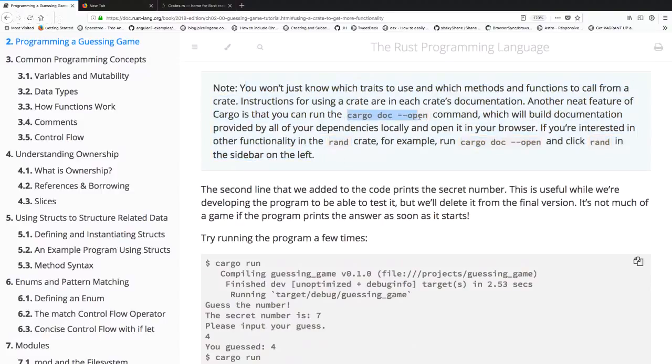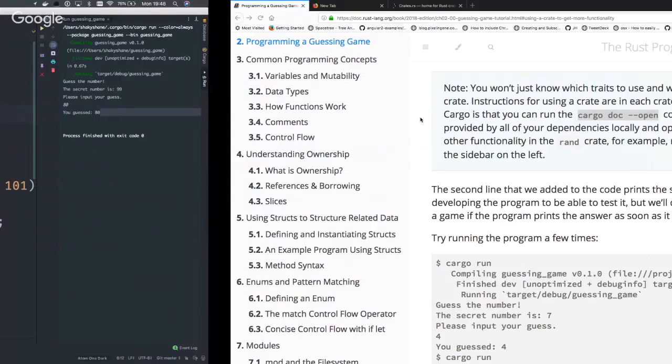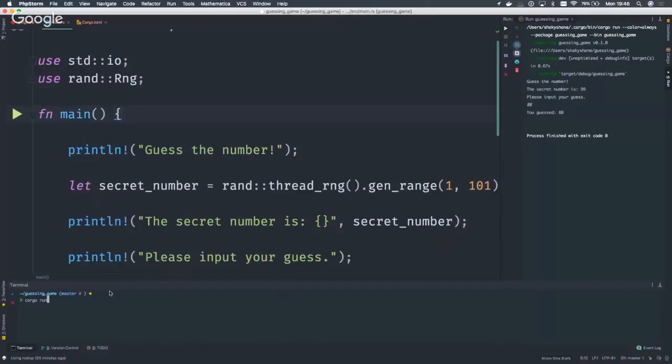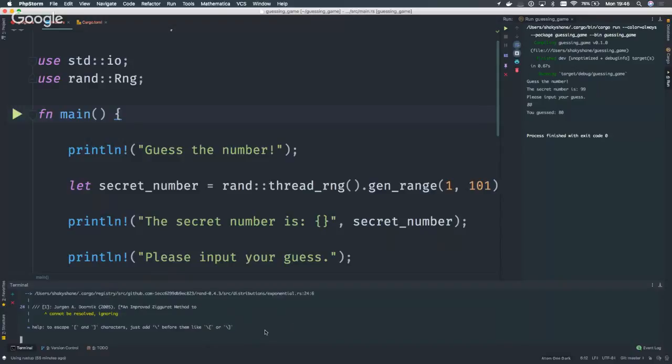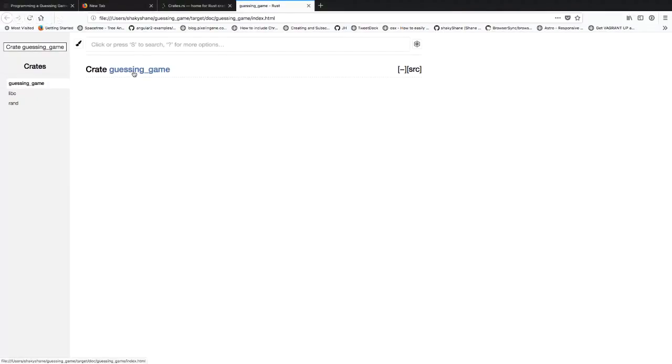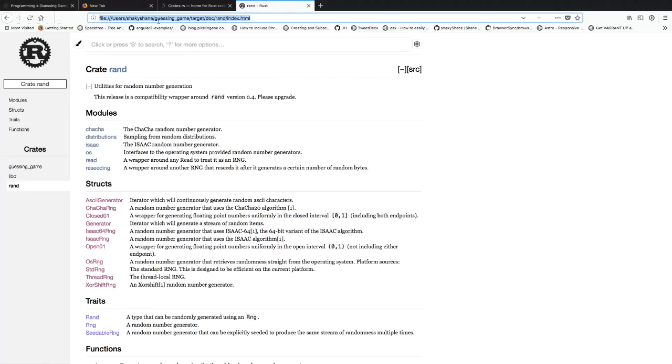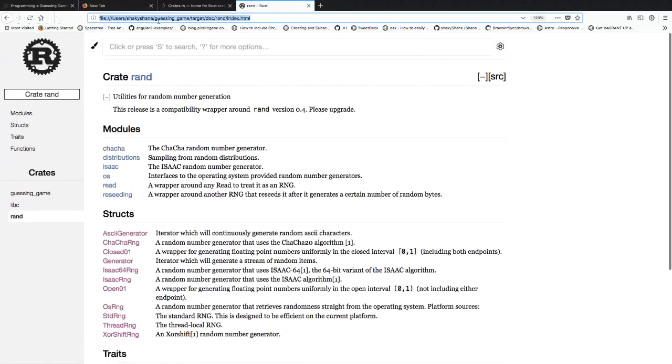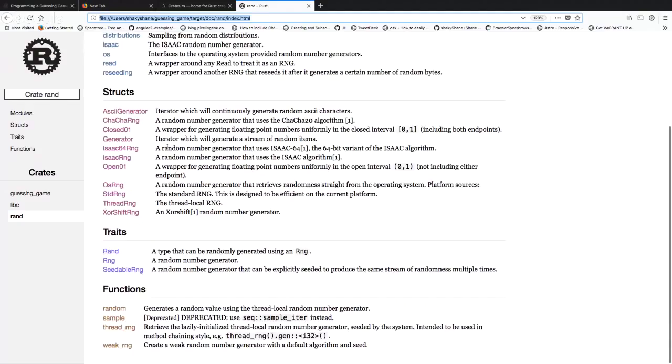Oh, this is a good one, yeah. So I've just been using this. Cargo Doc is saying that you can use this tool. This is interesting. It's going to look at the actual program that you've written so far and generate documentation for your program plus the packages you've used. And you can see that actually, this is not on the internet anywhere. Look, this is actually on your local machine, and we've got the entire